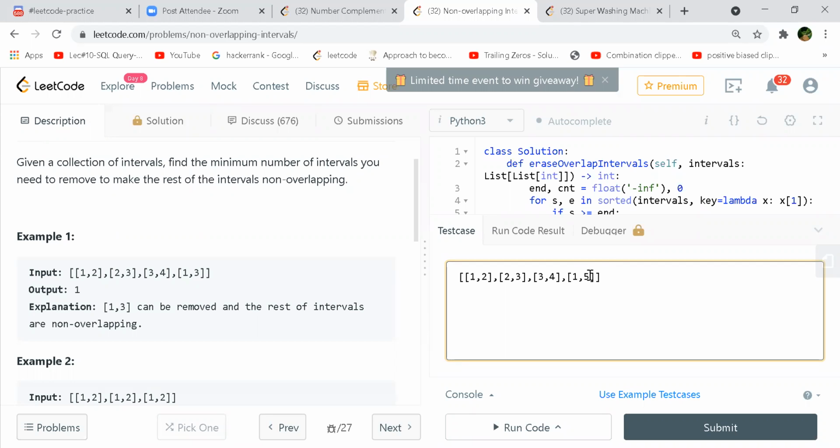But how do we ensure that it will be the minimum? Because 1 5 is coming in front and 2 5 is going back. Let's say you have another 2 5 after 2 5. Then if you remove 1 5, 2 5 will be saved, right? Okay, let's take one more example. Let's take another interval in this 2 5.